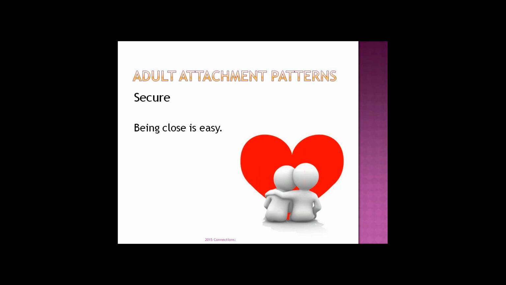I want to give you a note here, something to think about. If you are in a relationship and you still feel alone, that will tell you that you're not in a secure attachment pattern, that something's not working, either in your attachment style or the attachment style of your partner. Because remember that your partner has also experienced a relationship with his or her caregiver, and that will lead them to develop their own attachment style, and it may or may not match your own.